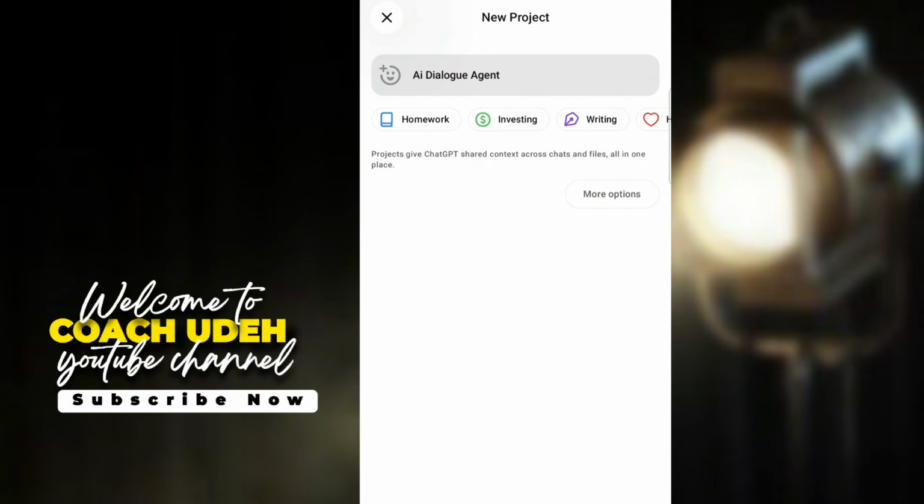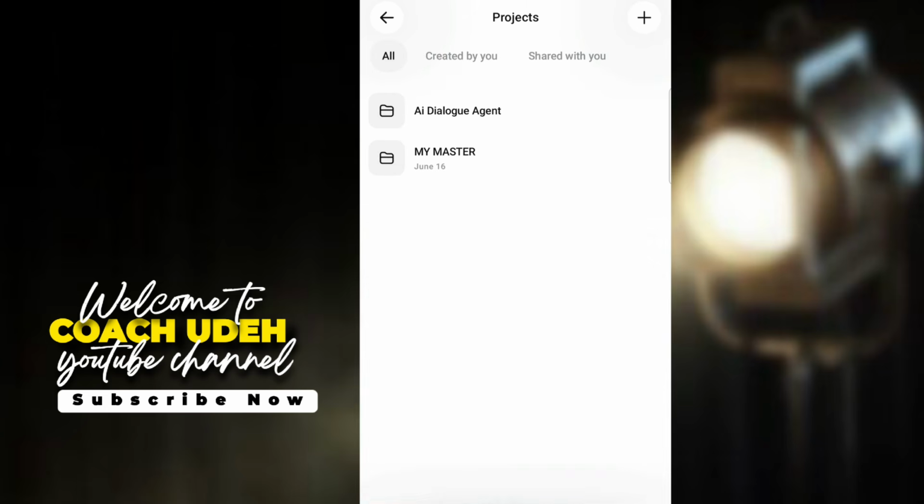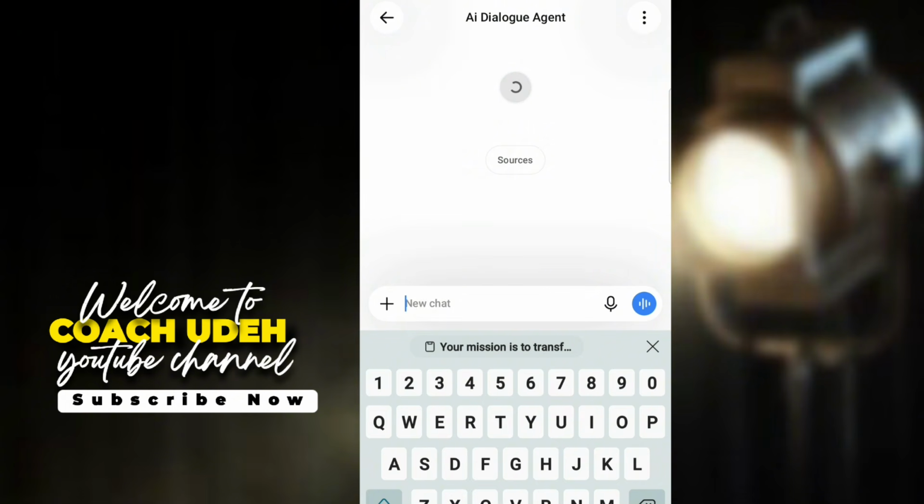You see that? So once I've clicked on done, then here you click down below here that says create. So once you click here that says create, automatically you've created your AI agent. Now this AI agent is created. If I go back now from here, can you see I have this AI agent? So this is where I'll be building my prompt right now.